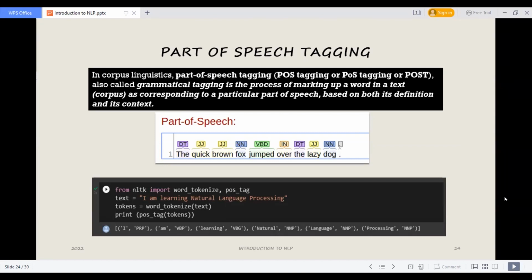Let's understand this by taking two simple example sentences. This is my first sentence: please book my flight for Delhi.